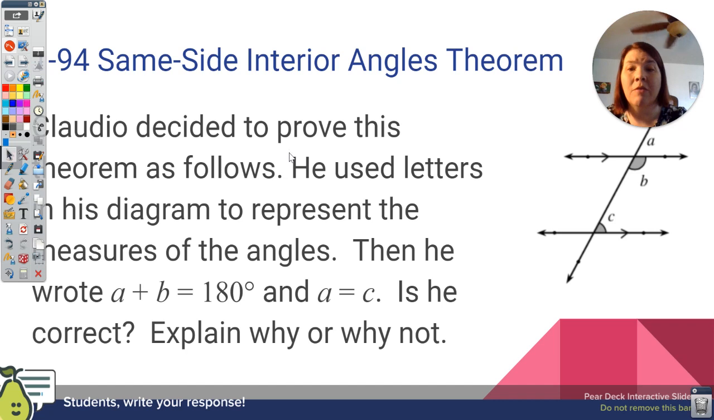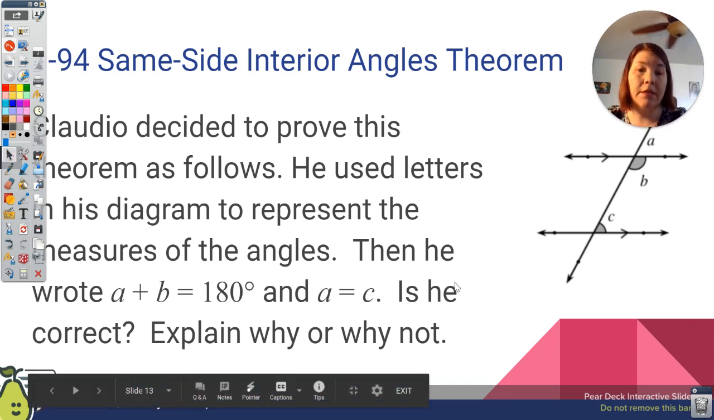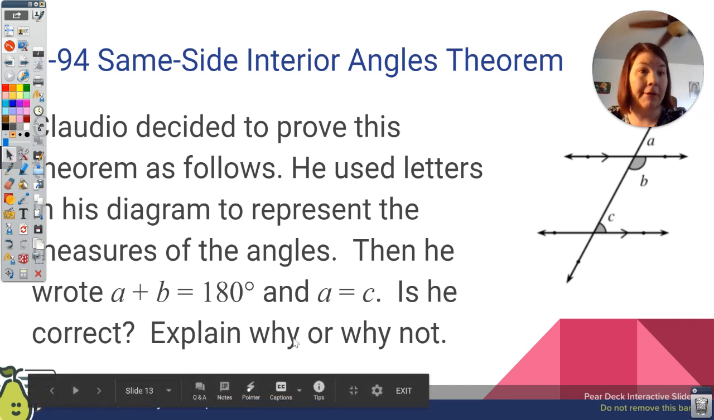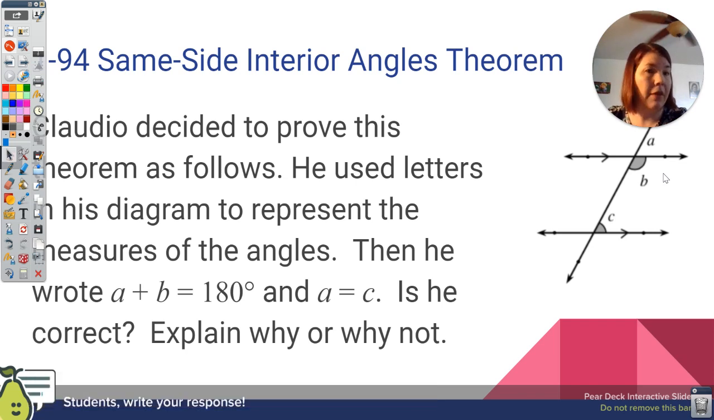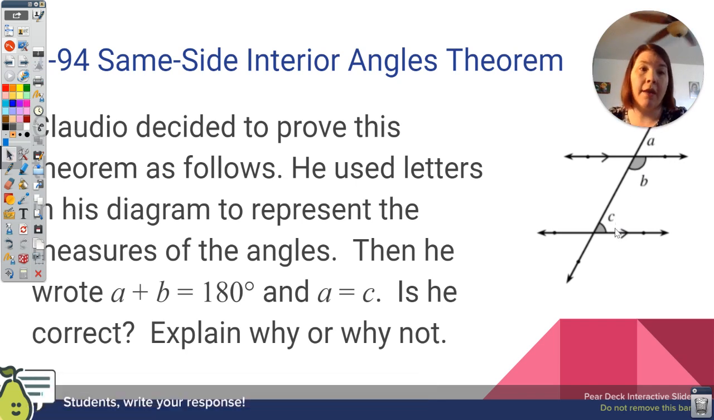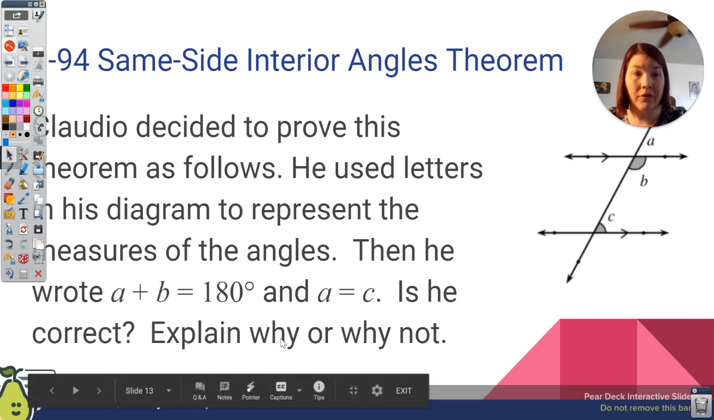So he's trying to prove the theorem as follows. He's lettered his angles. He's taken all the other letters off. So he's got A, B, C. And he's saying that A plus B is 180 and A is equal to C. Is he correct? So A plus B is 180 because they're a linear pair. So yes, A plus B is 180, linear pair. And so that should explain why A and B, their sum is 180, because they form a linear pair. A is equal to C, I agree as well, because they're corresponding angles. And so yes, I think he's correct